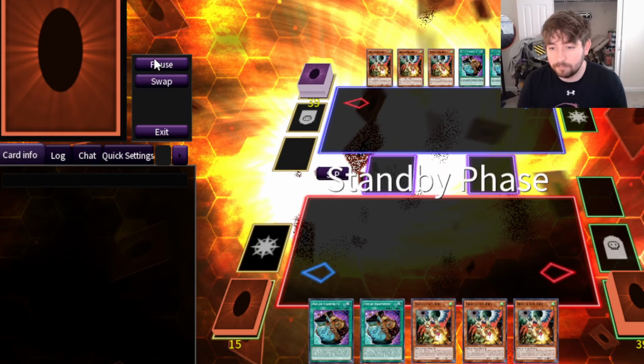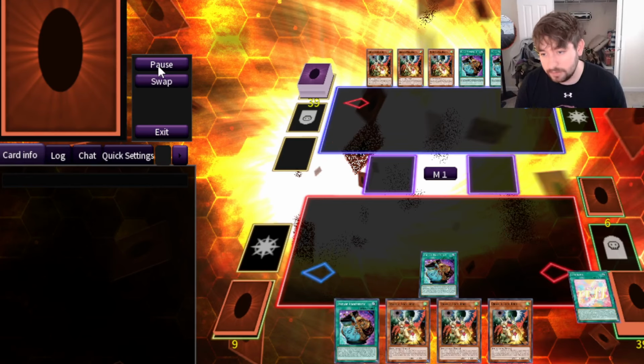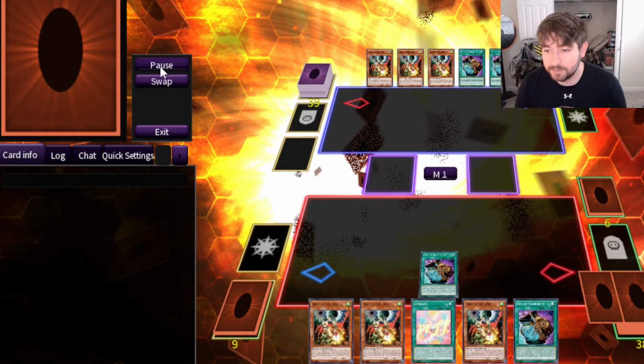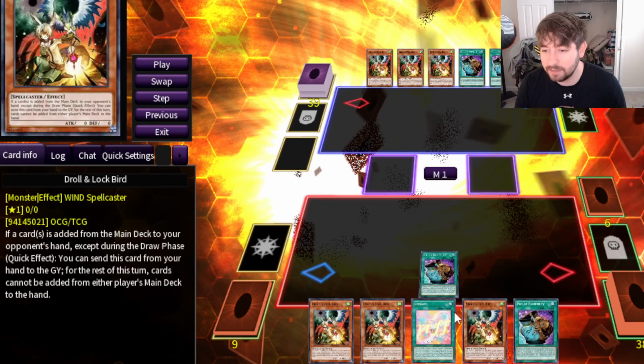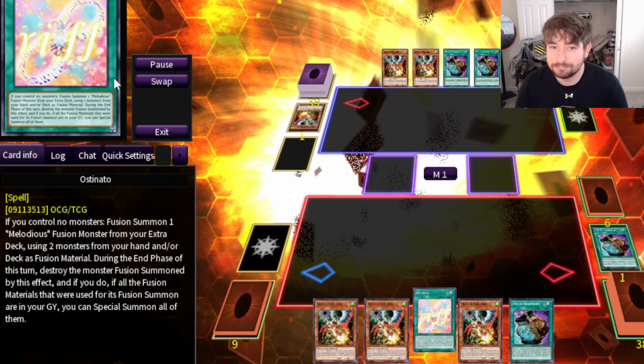So if I go Prosperity, grab, and most people think Prosperity is terrible into Droll. Well, this deck still plays under it pretty well. So we're going to go ahead and grab Ostinato off of our Prosperity because our hand was terrible and we needed a way to play. We found our best starter. Good stuff. They drop Droll, and we go...